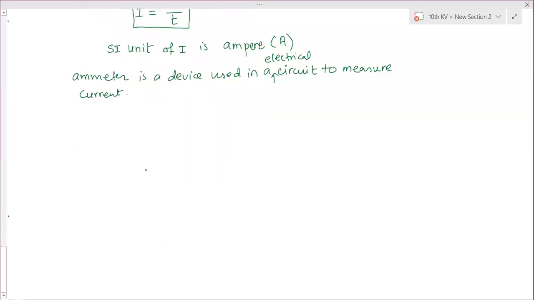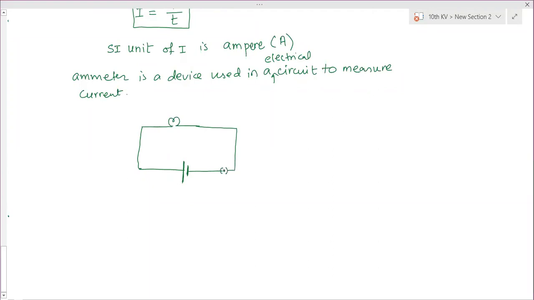You know the battery symbol you have learned in 7th and 8th itself. This is the symbol of a battery, which is a source of current. One end of the wire is connected to the positive terminal, and one end of the conductor is connected to the negative terminal. These create the difference in electrons, which allows the current to flow. So it is moving like this. Here suppose we have connected one bulb. This is the symbol of a bulb. It is connected in this circuit with the switch.